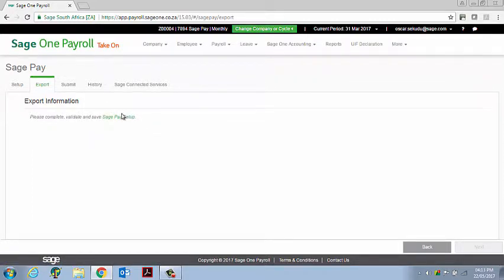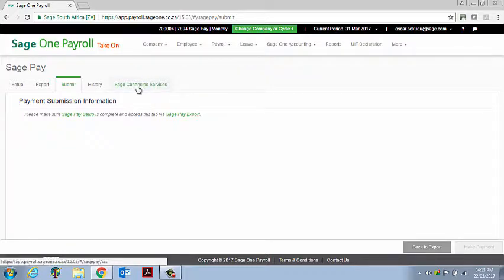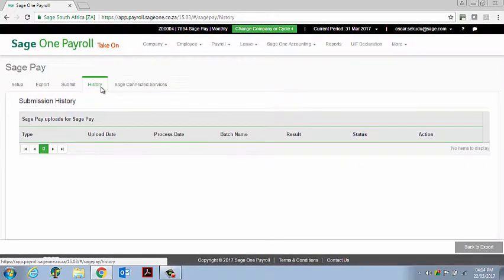That batch would be the figures that need to be paid, the net pays. Then you will upload this to your Sage 1 account by simply submitting. So you must first export, then submit. Once you submit, you will authorize the payment on your Sage Pay account, which you will log in to online and release the funds. Here you will be able to see your history,